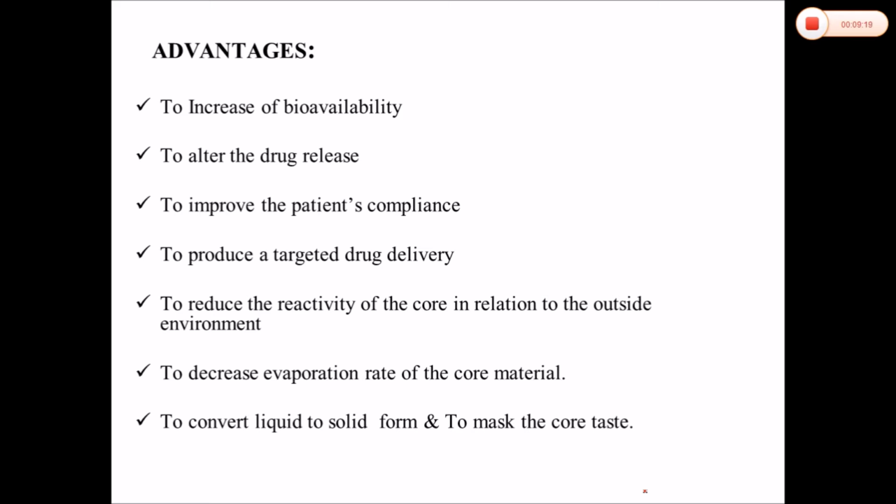As I have already discussed, there are various mechanisms that we use to deliver the medicament, so we get a higher percentage of drug release in a specific environment. Obviously the viability of our drug or our API will increase. If we alter the drug release, as already discussed, we can use this process for the stabilization of the core materials as well as for the control of release of the medicament,